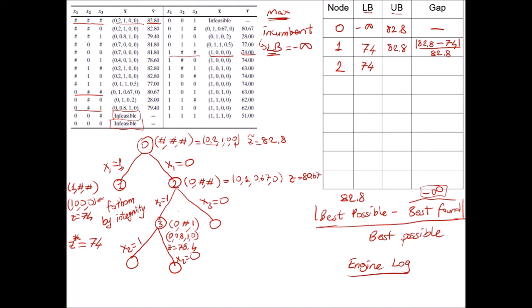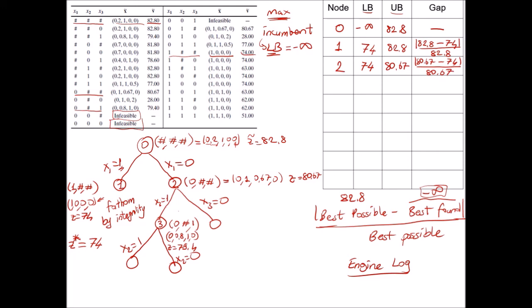The open nodes are these two. And the parent of these is this one, and its value is 80.67. Okay, so it means that the upper bound is 80.67. And the gap value will be 80.67 minus 74, absolute value, divided by